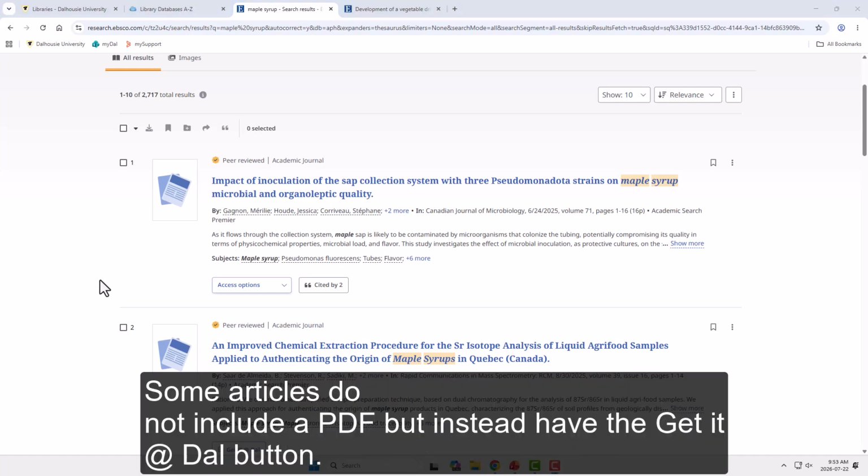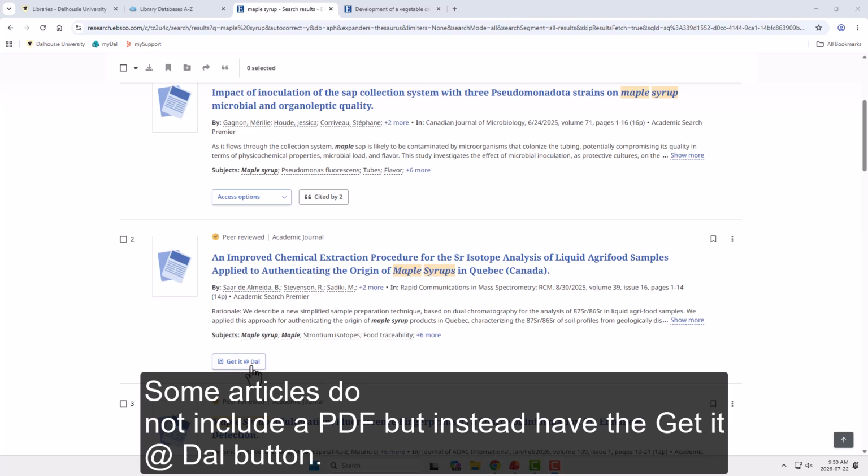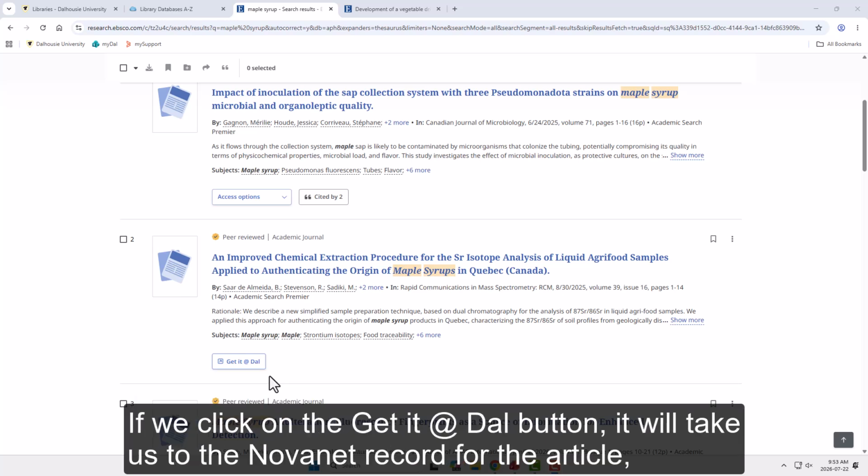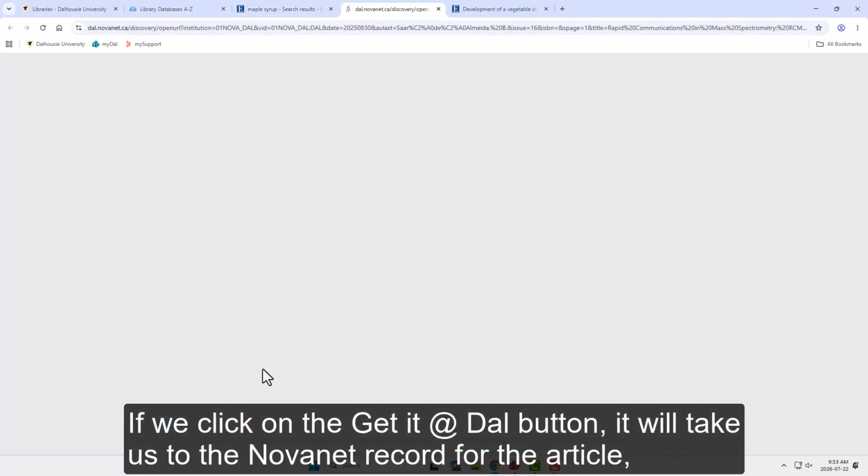Some articles do not include a PDF, but instead have the Get It at Dal button. This tells us that the article is indexed or listed in Academic Search Premier, but the full text is not available in this database. If we click on the Get It at Dal button, it will take us to the